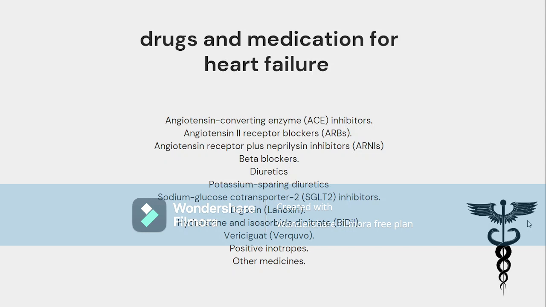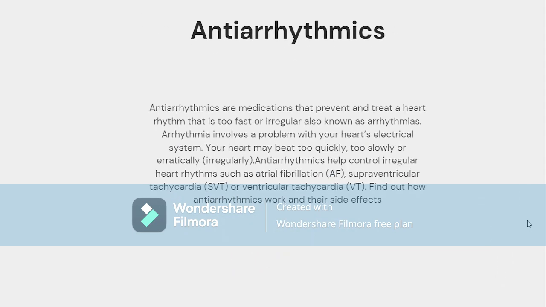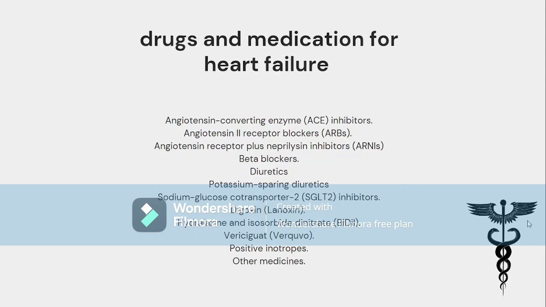These drugs block the effect of the hormone aldosterone, which can lead to salt and fluid retention. They can improve symptoms and reduce the risk of hospitalization and death. Common aldosterone antagonists used in heart failure include spironolactone and eplerenone. It's important to note that these drugs are typically prescribed in combination with each other and with lifestyle changes,